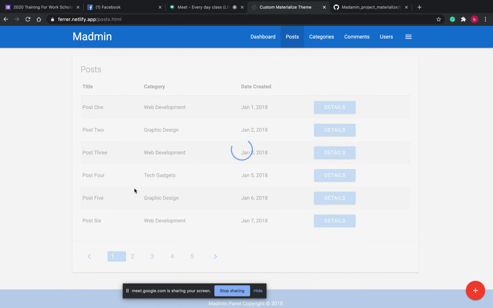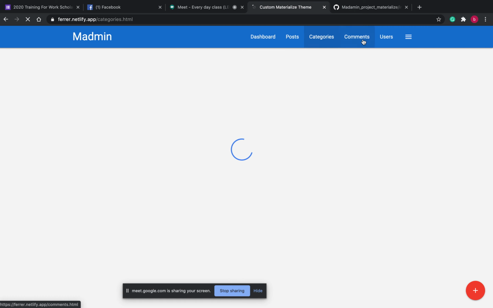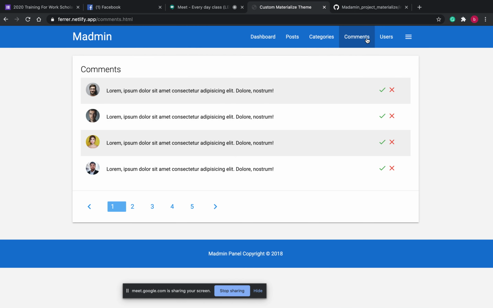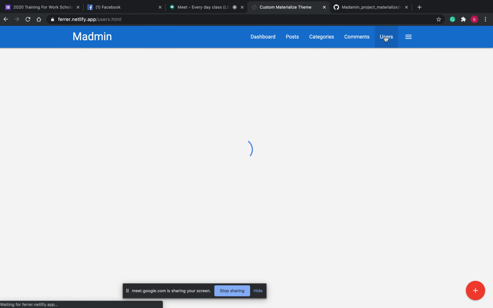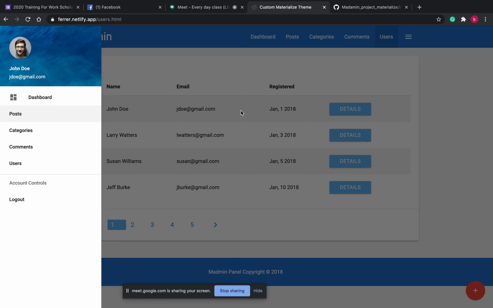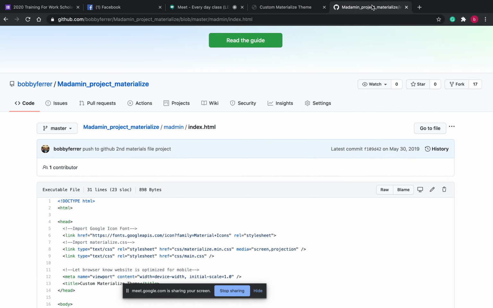So basically, I have a post dito, no? So I'm just using, I think this one is charts with table, right? Then categories. We also have e-comments, page, user, alright? And then, yeah, meron tayo side nav. So, yeah. So, before we start now, meron akong just